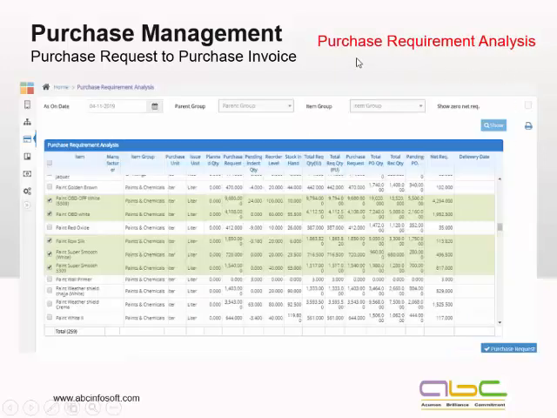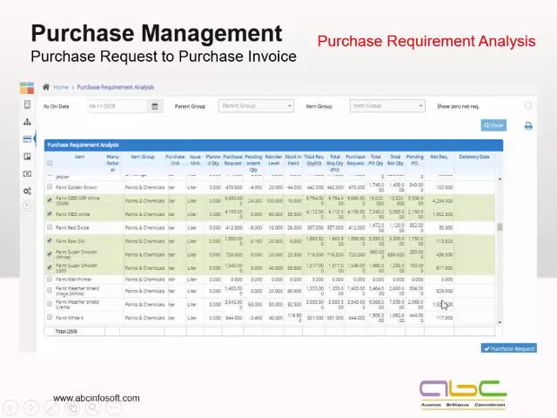Okay, this is my screenshot for the purchase requirement analysis. We start with this. We have to define the date. The system will show me all those items required as per the monthly planning. Item, manufacturer, item group, purchase unit, issue unit, planned quantity, purchase request, if you have any request for this material in this period, pending indent quantity, reorder level, stock in hand, total required quantity in issue unit and purchase unit, any other purchase request pending, total purchase order quantity so far, material received against those purchase orders, and then the pending PO. This will automatically give me the net requirement.